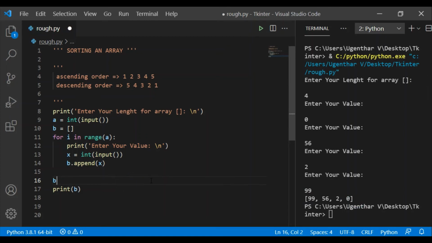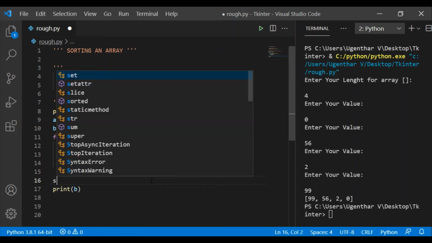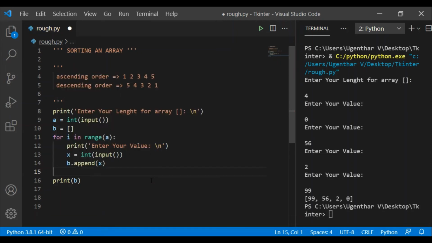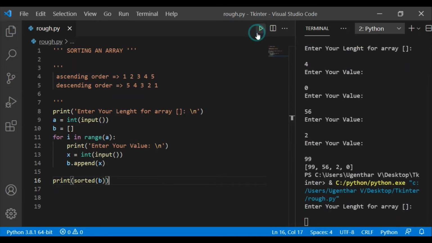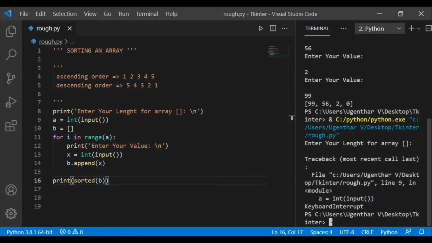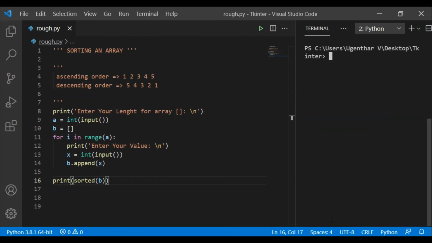Another way of getting ascending order is to directly use sorted of b. Sorted of b. Now let me print. Let me clear the screen and give a new value, like 4.